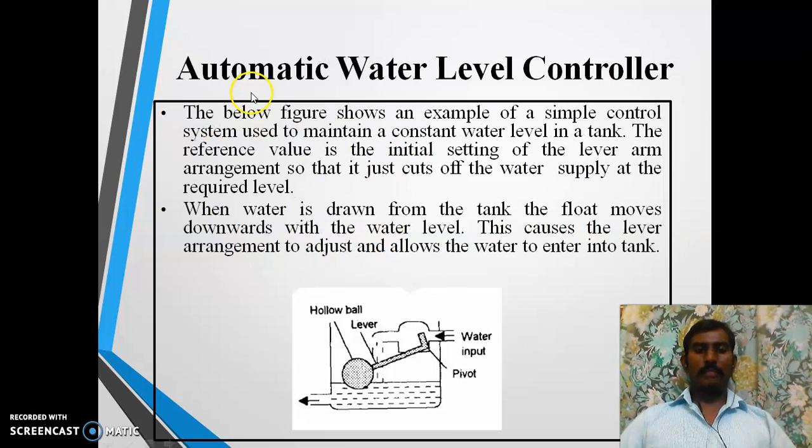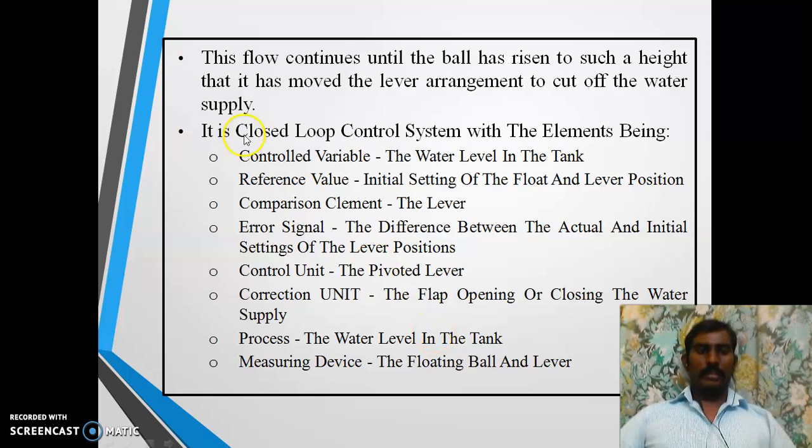So whatever level we have set in the water supply, up to that level the ball will rise, and at that time the extra projection will close the opening of the pipe. Okay, it is a closed loop